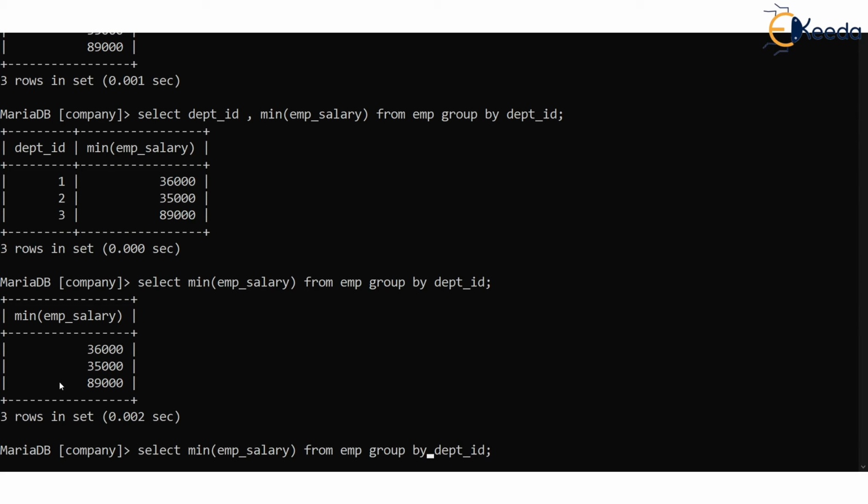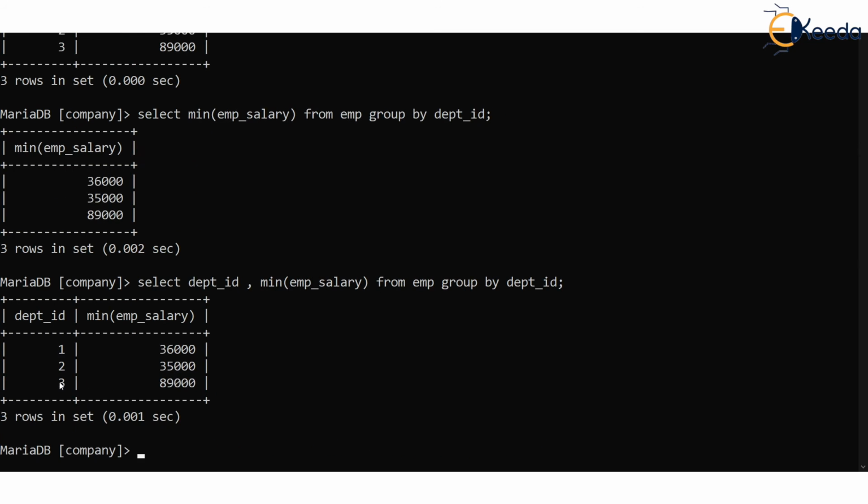But there are many implementations, isn't it, of SQL, which have set their own rules or they have modified the rules given by standard SQL. But then we will always include the name of the column on which the group by has been done. That's logical also, isn't it? So that we know what were the groups.